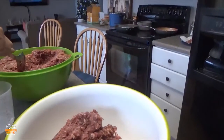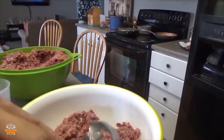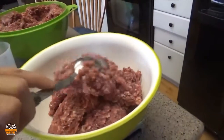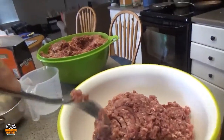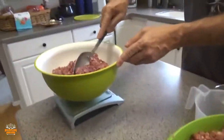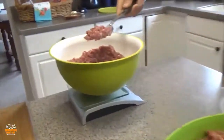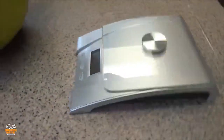And the instructions suggest that you try and do batches of 3 to 4 pounds per batch. Otherwise, with the cure and the mixing and everything else, it gets a little too much to deal with. So I'm a little bit over 3 pounds there. We'll get it right on the dot. Alright, we're there. So now that we have our 3 pounds of hamburger,